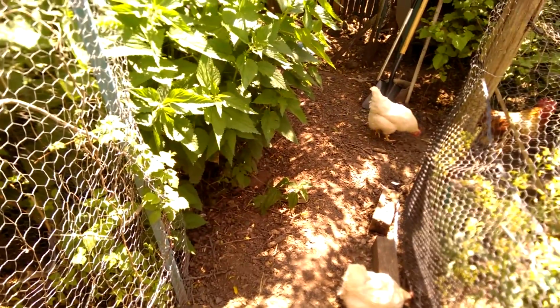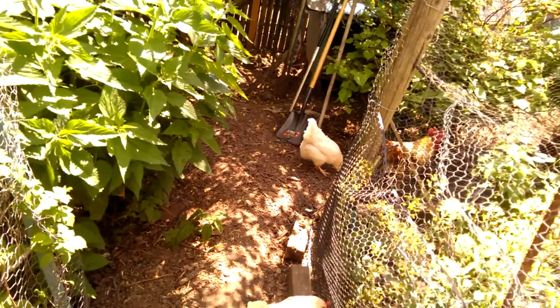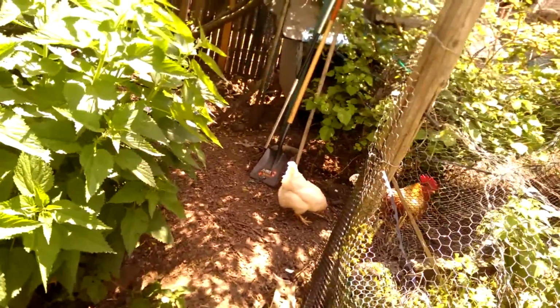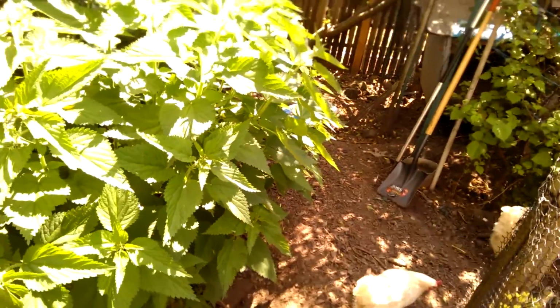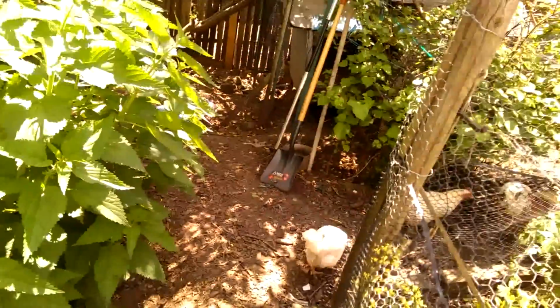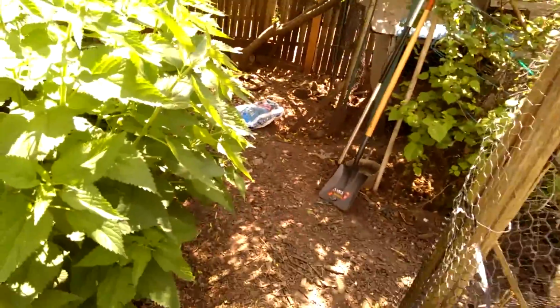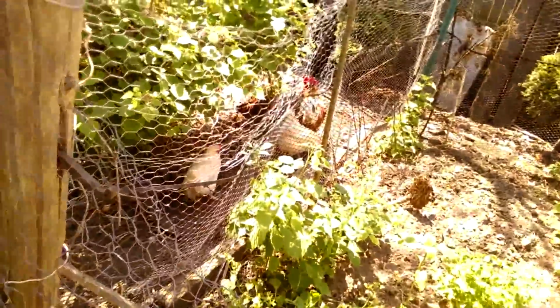Okay, today is focus on the yard at home, I guess. I don't really have a lot to do. Well, actually, I do have plenty to do, but I've been kind of neglecting things at home. I've been neglecting to clean out the coop. I've been neglecting to work on chickens. And I've been neglecting to cut this behemoth